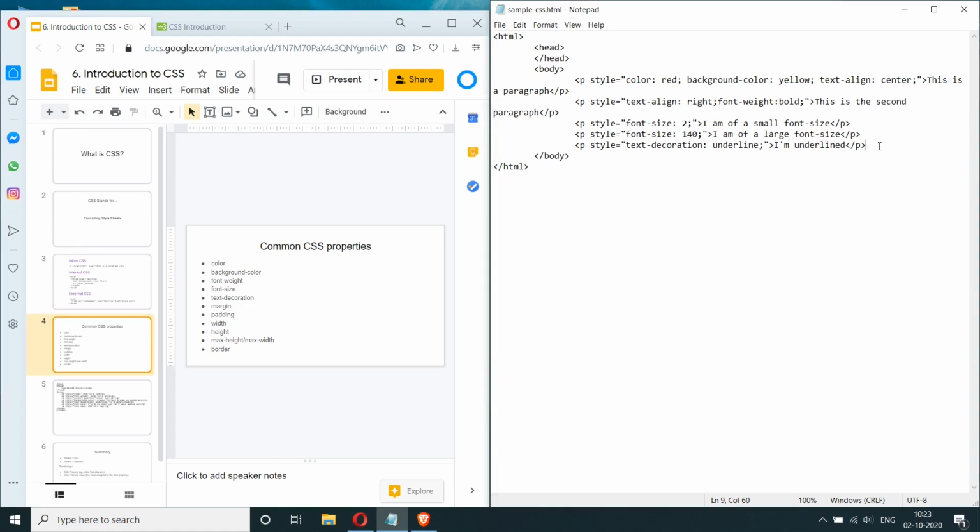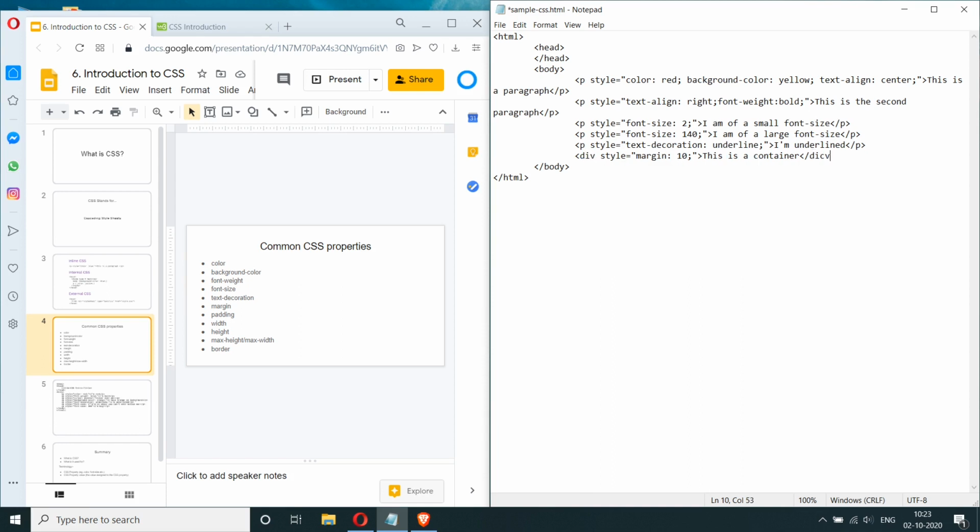And there are a couple of important properties called margin and padding. Margin is 500. Actually, let's put it as 10, and I want this to be a div tag.